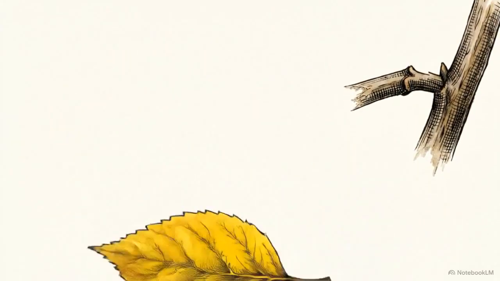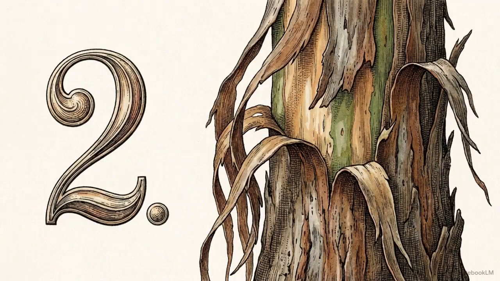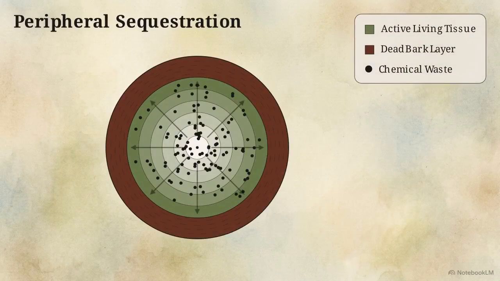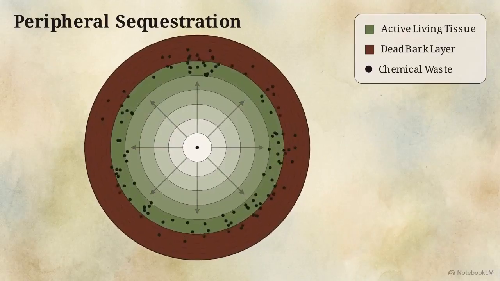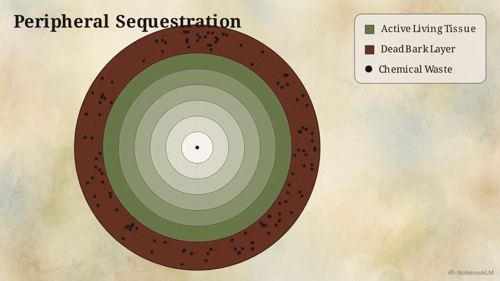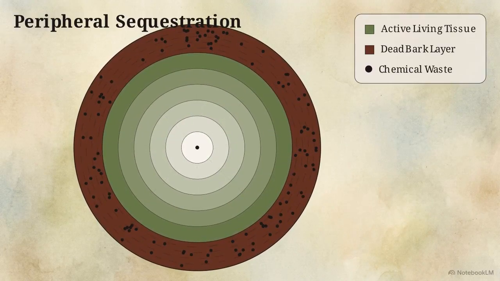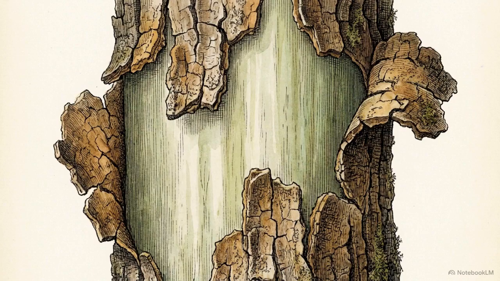it. The second mechanism is bark shedding, a primary strategy for heavily timbered trees like the eucalyptus. As the tree grows, it continuously pushes complex chemical wastes outward into the older, dead bark tissues at the perimeter. When the bark eventually dries and peels away from the living trunk, the trapped waste is discarded.